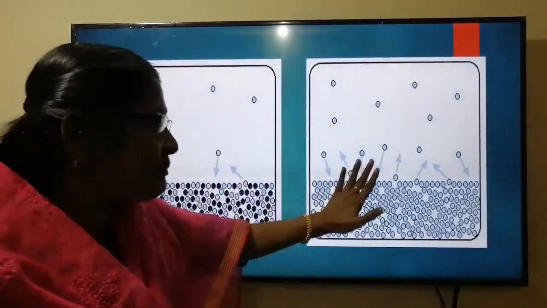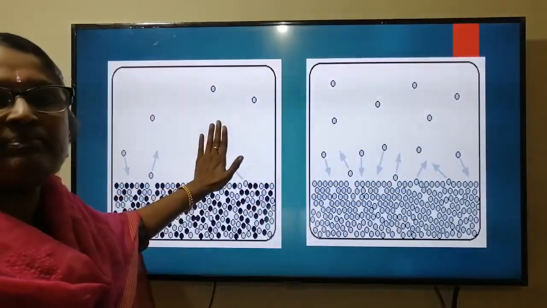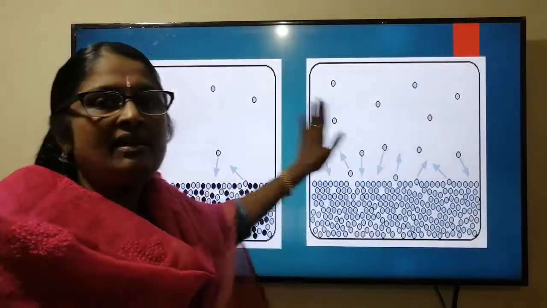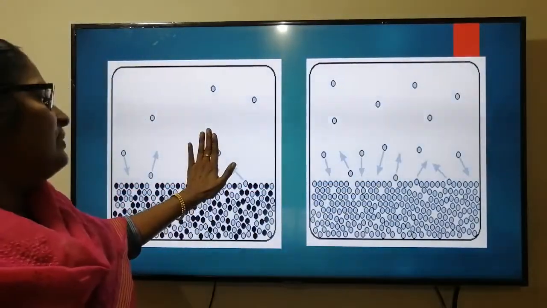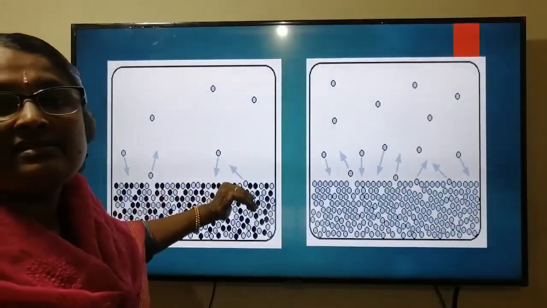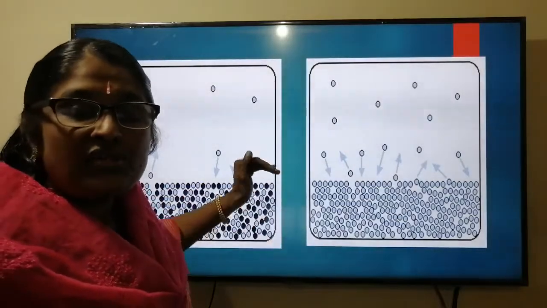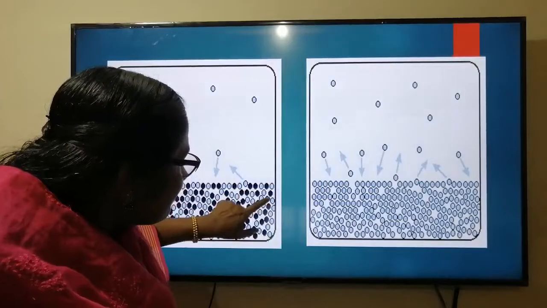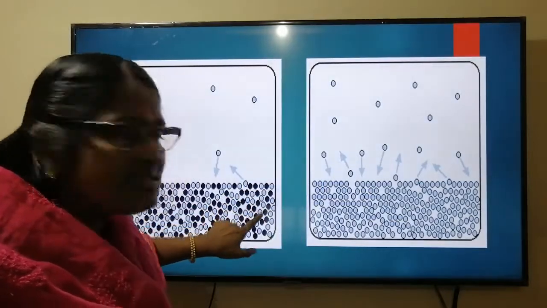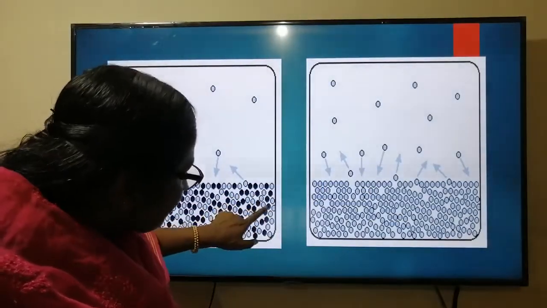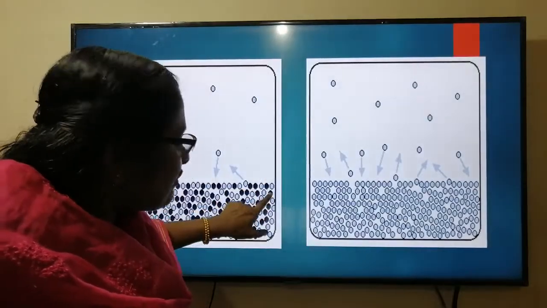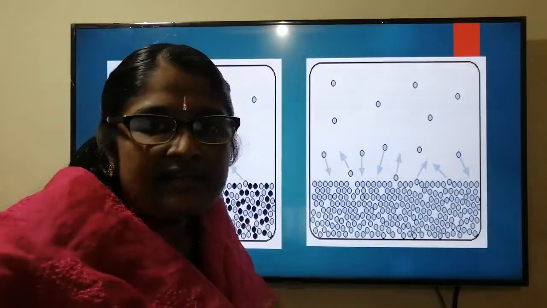The vapor pressure is getting lowered when compared to the pure solvent, while adding a non-volatile solute. The reduction in vapor pressure depends on the number of these foreign bodies, or we can say here the NaCl molecules which are mixed in. It depends on the number of particles of NaCl present in the solution.